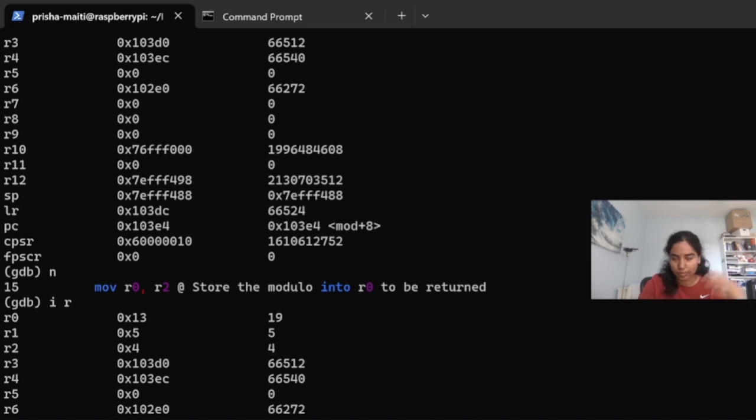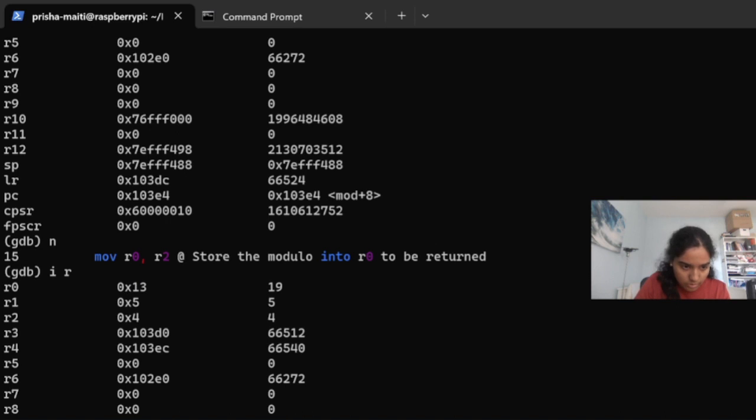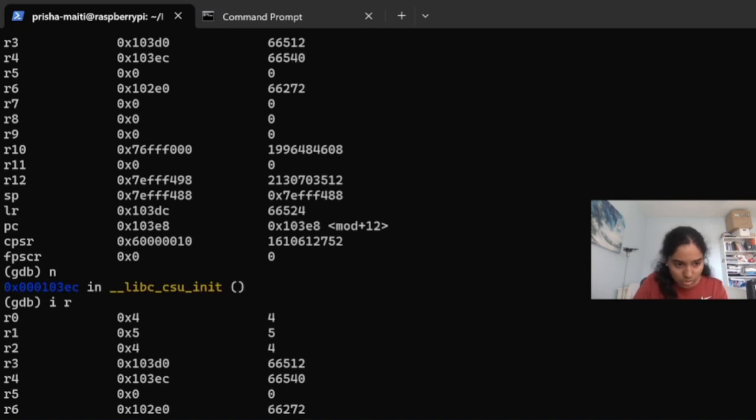So from this, we can predict that the next line is where things go wrong, because that's the last instruction in the mod function, but obviously we need to be sure. The next line is where we actually move that calculated result into register 0, because with functions, return values always end up in register 0. So what we do is we press next, and you can see something else happened. It caused some random junk. So if we do IR once again,